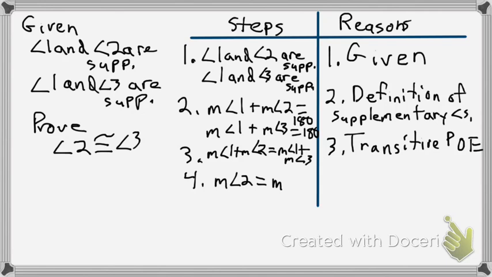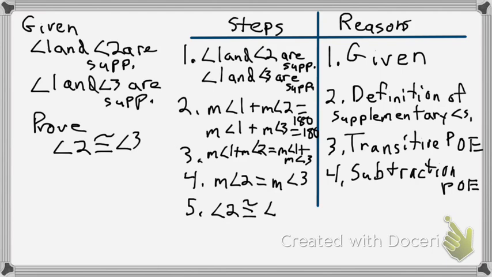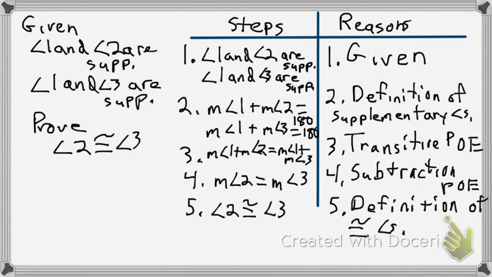We're then going to subtract the measure of angle 1 from both sides, and that gives us 2 and 3 being equal. And we're almost there. Subtraction property of equality. And then number 5, we're going to go 2 is congruent to 3, because the definition of congruent angles is that angles with equal measures are congruent. So there's that. And that is the proof of the